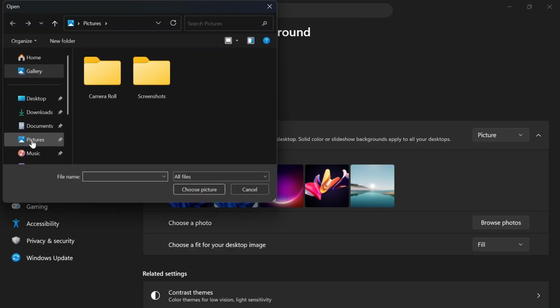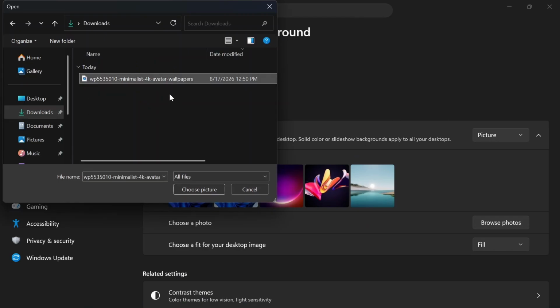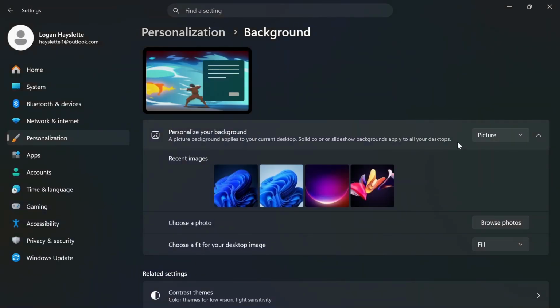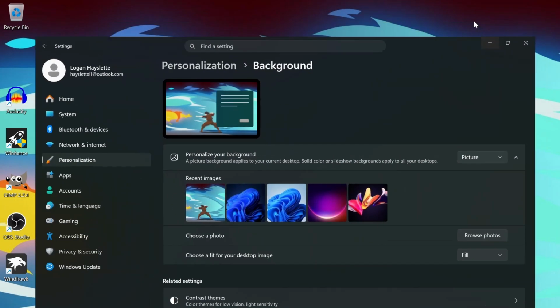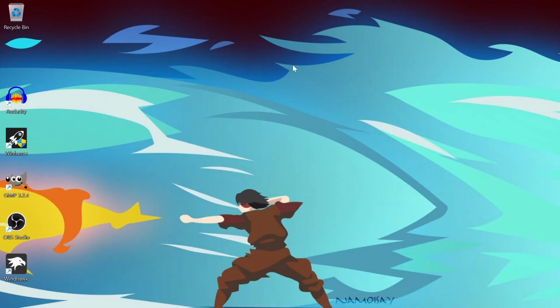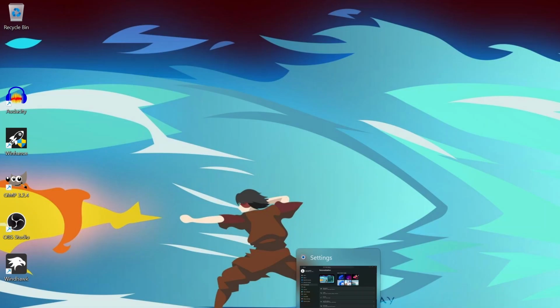And obviously I had to get a new wallpaper, so I just went ahead and did that. I can pick my wallpaper, which I've already picked. The next thing that we are going to get is actually something that I really like